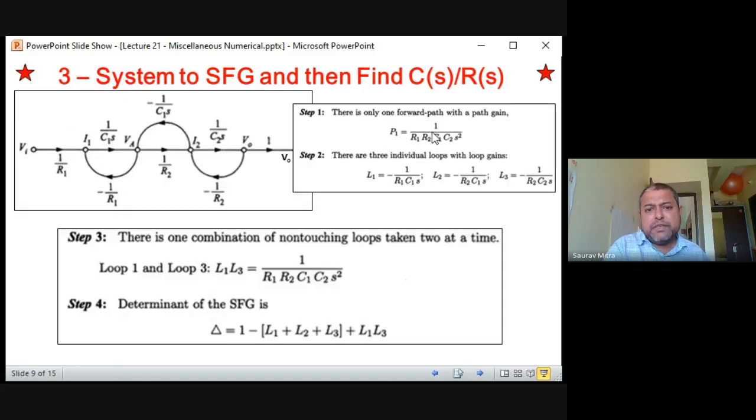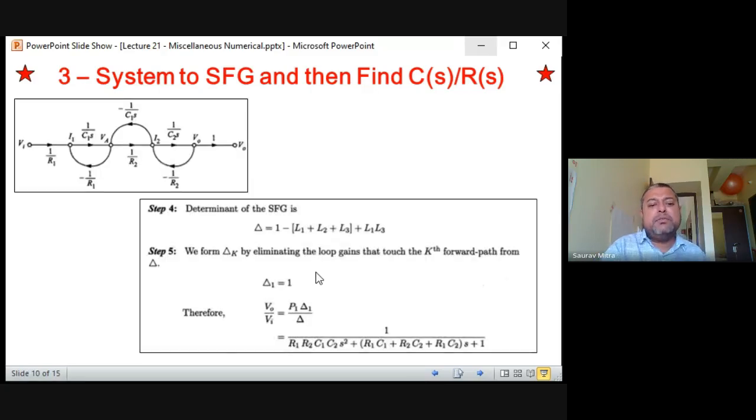How to find the transfer function? So this P1 divided by 1 plus this plus this value. And after that you have to just compensate for the numerator and denominator, and finally you will be finding this term. So between this V0 by Vi, Pi delta I by delta, there are one or two more steps that I'm leaving up to you. If you just solve it, you'll find that the net transfer function will become this.